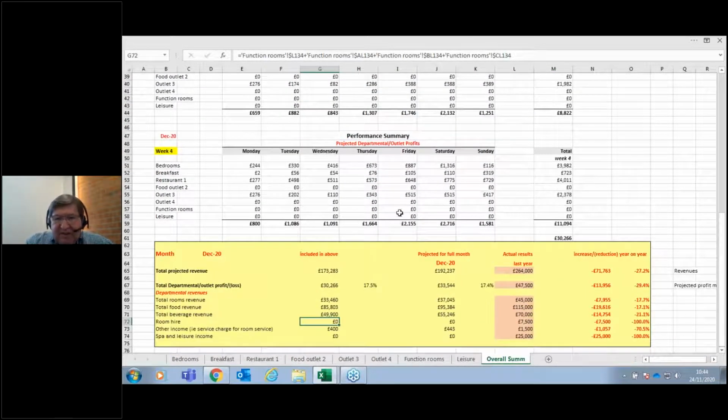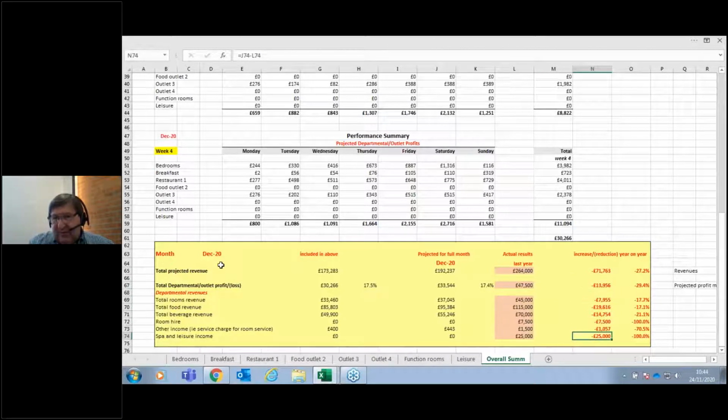It then summarizes all of that in terms of total projected turnover for the full 31 days in this case, for the current year, December 2020, the departmental profit, and again, it then allows you to add in the results from last year, so you can then see where